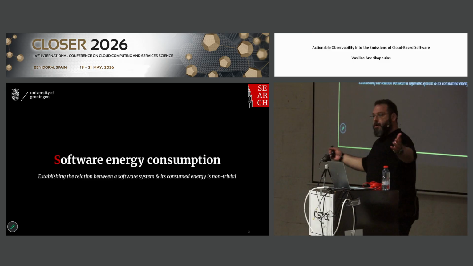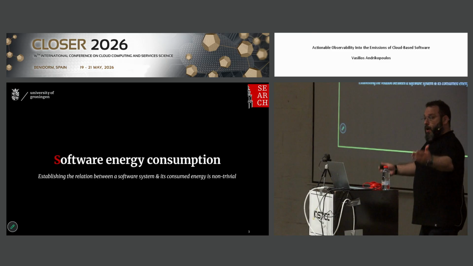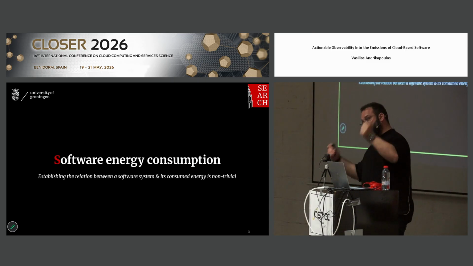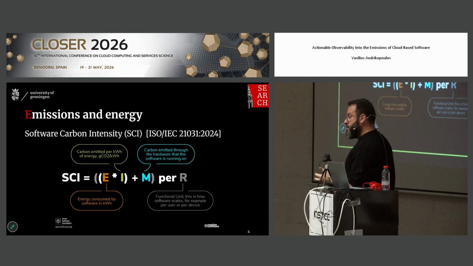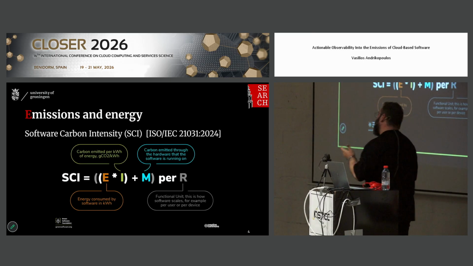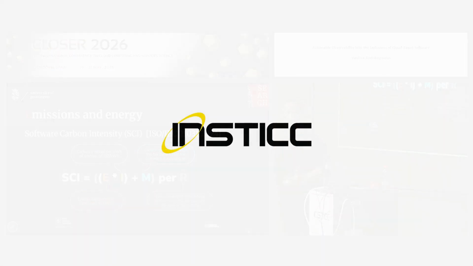Now, let's talk about energy consumption, right? I talked about environmental impact, I talked about emissions, and I'm jumping already to energy. Why? Let's look at the most suitable standard we have to discuss what are the emissions of any piece of software running, which is the 2024 standard